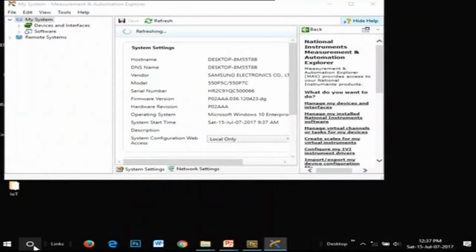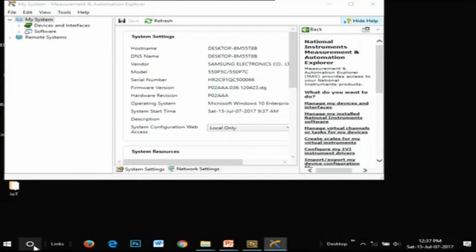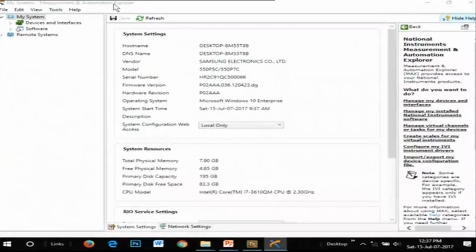So any hardware that has the ability to measure and automate can be explored here. I told you on the very first day, don't try to use MAX for other purposes, because MAX is for configuring your hardware. So we'll be using that here. Once you open MAX, you don't have to do anything, just check whether it is available. With Basic Lab it should be available.